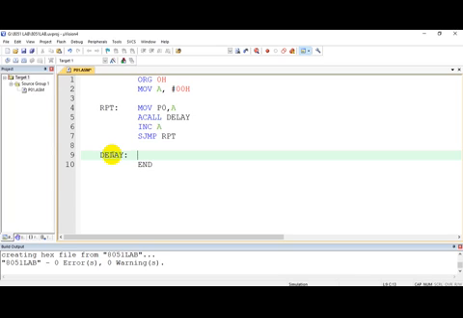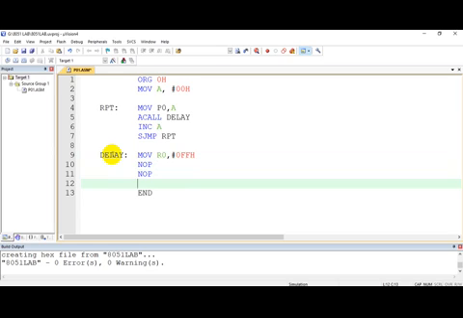I have to introduce some delay. This will come in detail in module 4. This is a software method of introducing delay. So I will say MOV R0, #0FFH, and I will write an instruction called NOP. NOP stands for no operation.